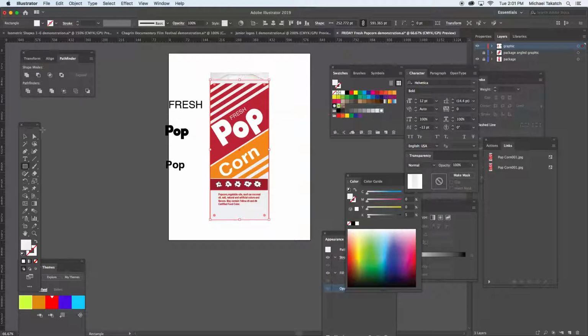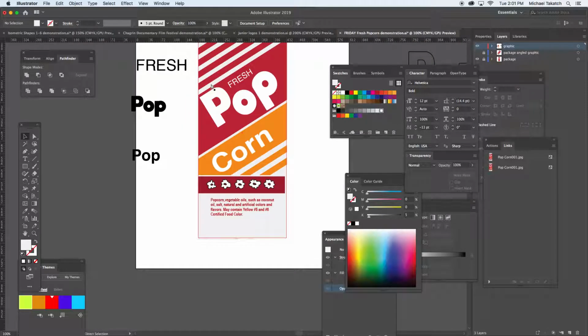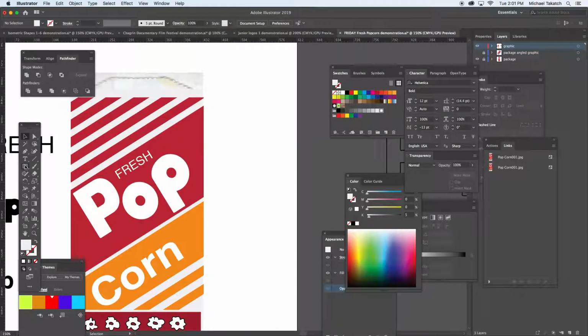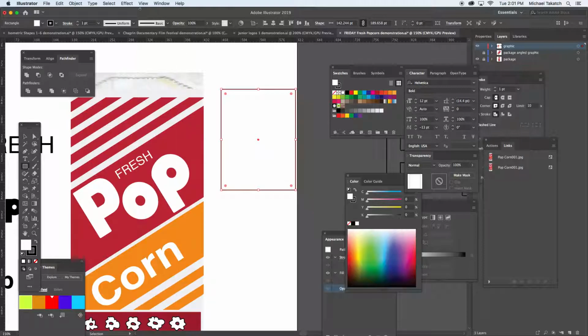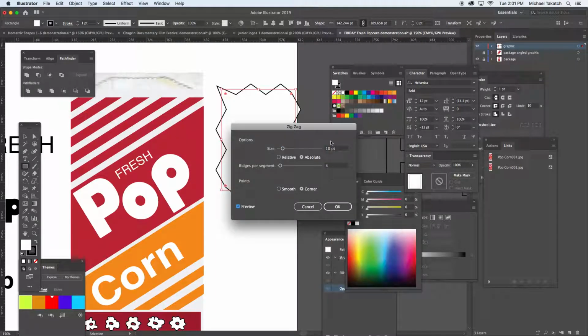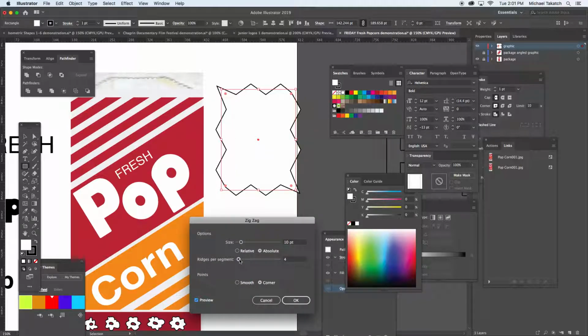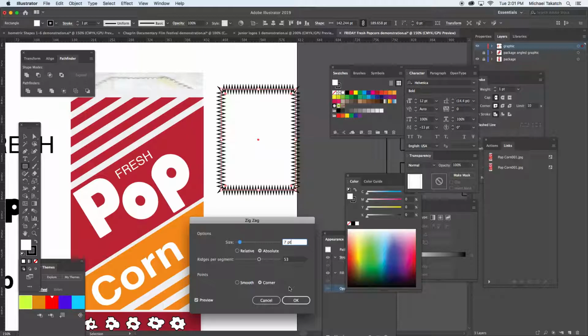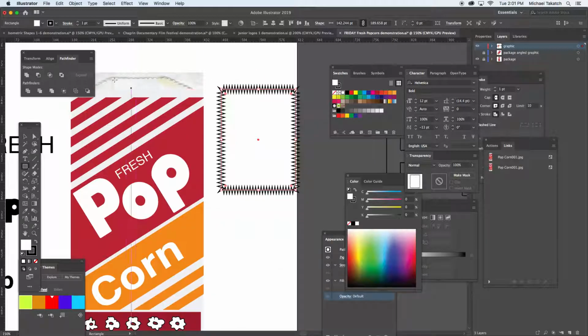Put that behind it. And if you did take a look at this part where it has the labeling up at the top with this serrated edge, what happens is that you can take a rectangular selection, for example, give it the default colors, and if you go to Effect, you can place in here the zigzag, and the preset sets up like this. You can change the size of this to be smaller, or the amount of sections in there like that, but it goes all the way around it. So you're kind of stuck,